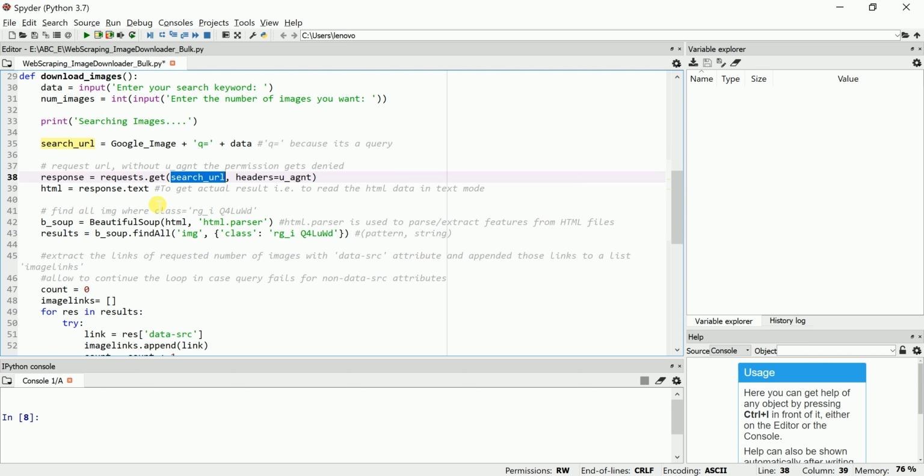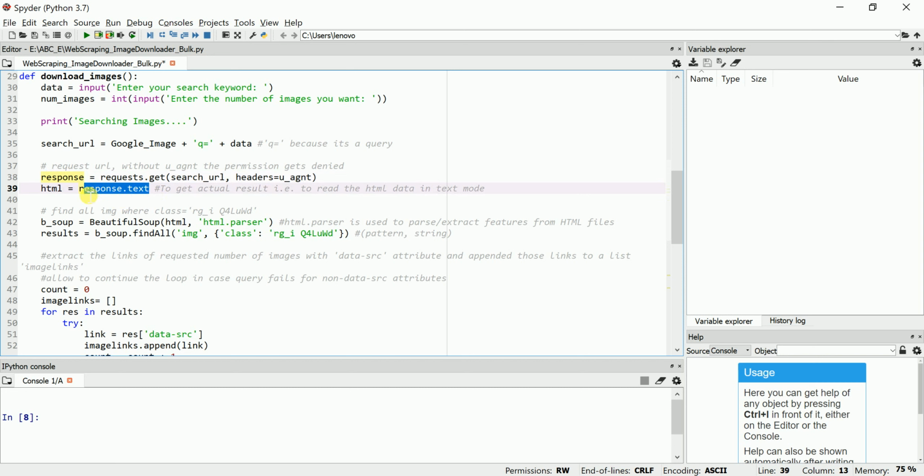When we get the response from request.get, that data will be in HTML, which is a little bit difficult to visualize. So I am converting that into plain text through the dot text function so that I can view this perfectly.